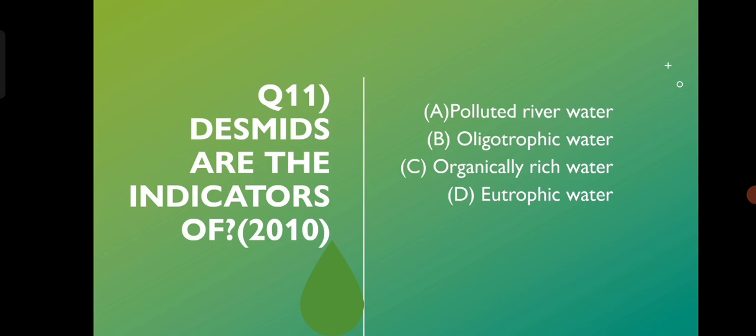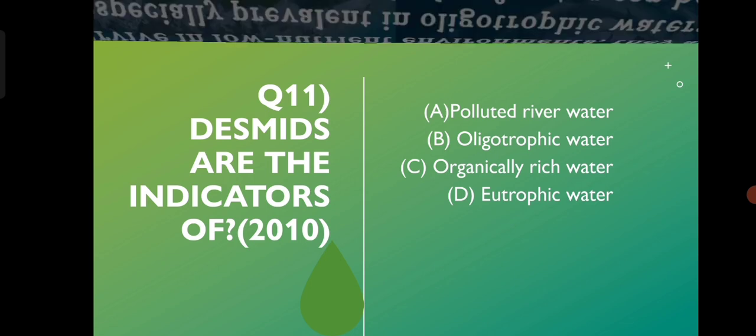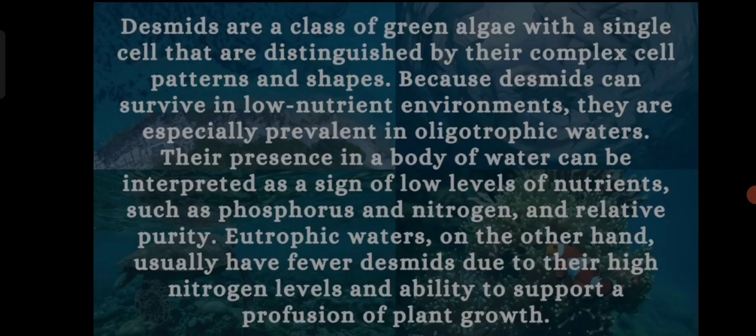Here our next question is Desmids are the indicators of. Again we are having four options and we have to find out the correct one. So at first let us know about the desmids. So desmids, a group of single-celled green algae known for their complex shapes and patterns, are abundant in oligotrophic waters